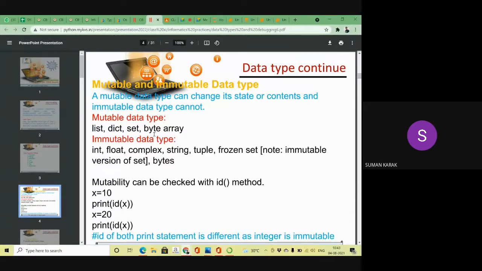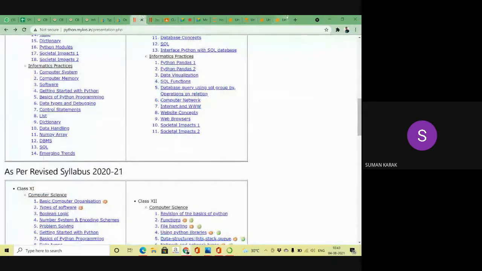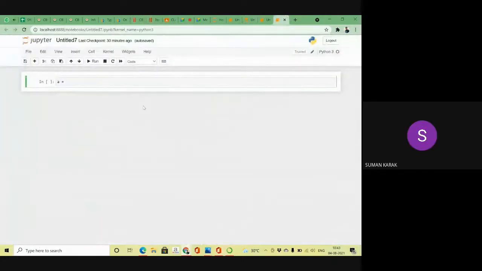That means you can change the values in them. What are the immutable? Integer, float, complex, string, tuple, frozenset are all immutable. That means after the execution of the program, you cannot change the value.